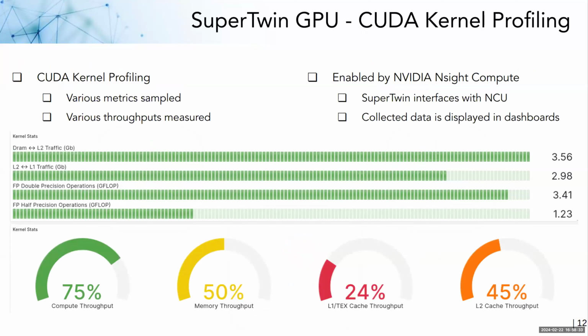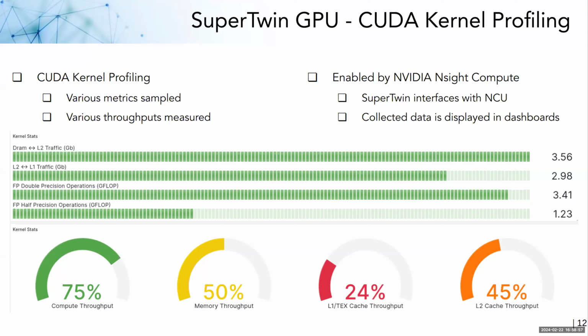And we can then display them for you in a Grafana dashboard with different metrics that you want. And this is done by SuperTwin interfacing with NCU. It generates wrappers around the execution commands and sets up NCU to profile your launched kernel. And then it parses your results and adds them to the knowledge base as an observation interface, which then can